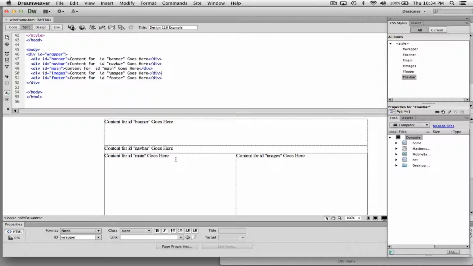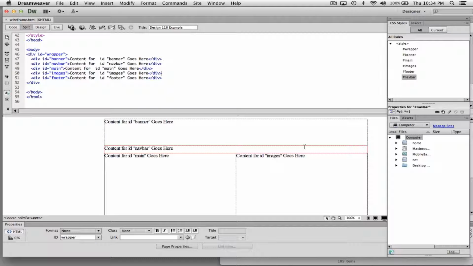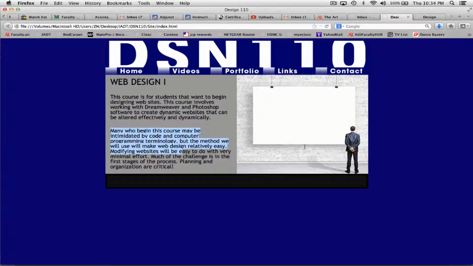In the last video, I created my wireframe where I'm going to place all of my imagery to go into the website that I'm creating. And so I'll create something that looks something like this. It'll be along these lines. I'm going to have a banner at the top, navigation in the middle, an image on the right, content on the left, and then a